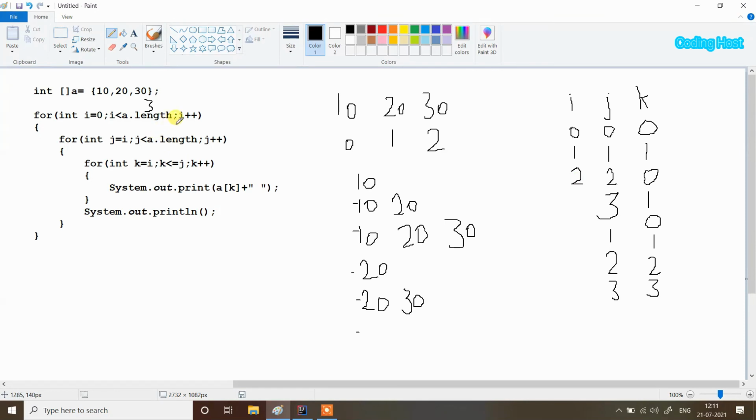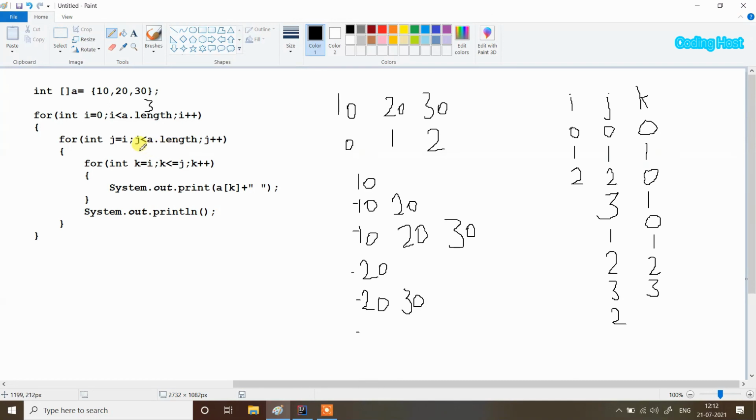So now i is 2 and it will check that i is less than a.length. Yes, true, and we get inside our for loop, and here int j equal to i, so j will be 2, and here it will again check that j is less than a.length.